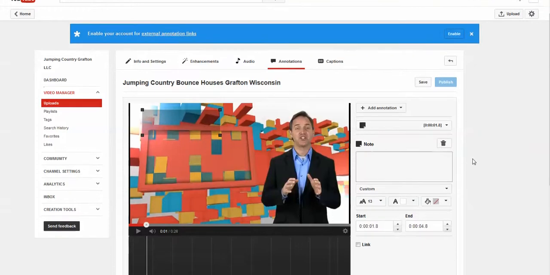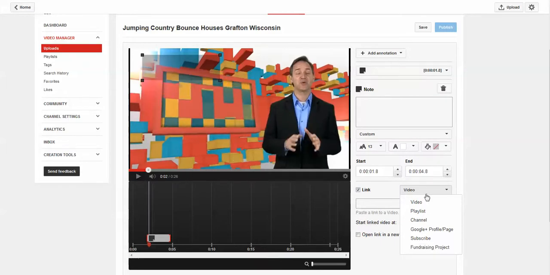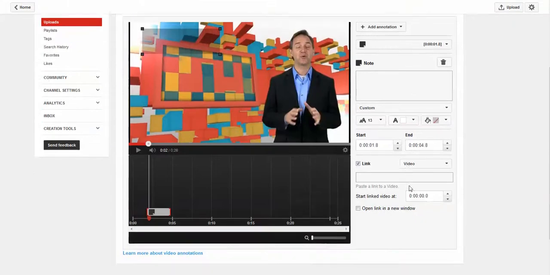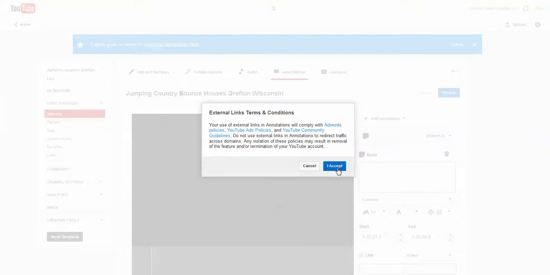Well, to tell you the truth right now, you cannot link to an outside website unless you have your website verified. So I can't get that guy's face off there. Anyway, funny. So you can do the open link in new window. Now you can add a note on here where it has the website URL, but people will respond better if they can just click on it. So this way you're actually using your YouTube video that will show up in the organic search results as kind of a traffic director for your website. So always enable the external annotations,